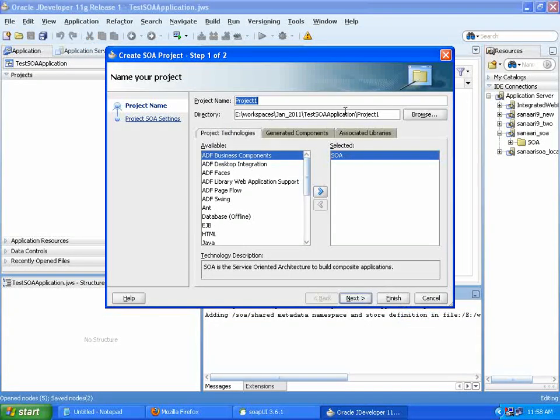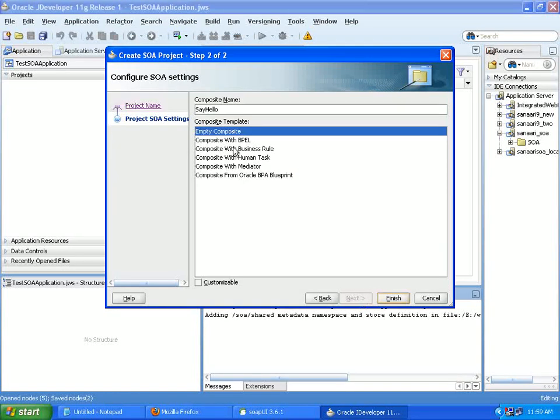And now you can say hello project, sorry, not the application, this project is inside the application, right click and say that first you create an empty composite,